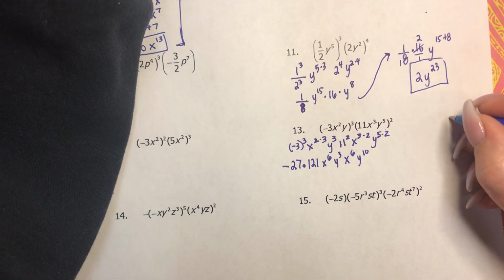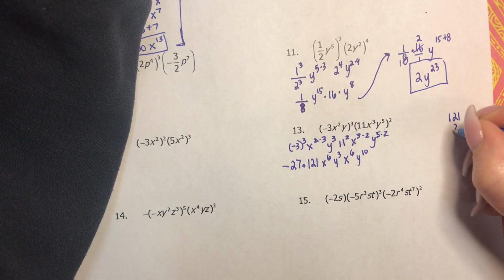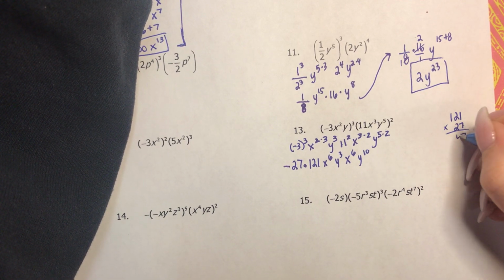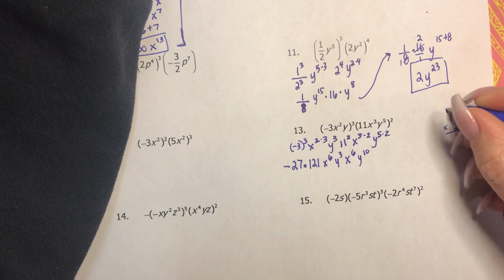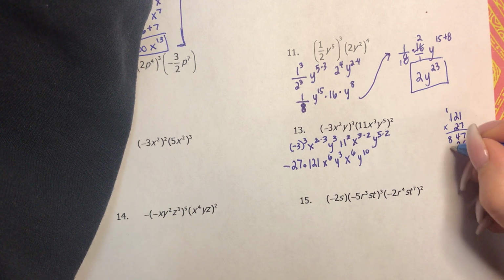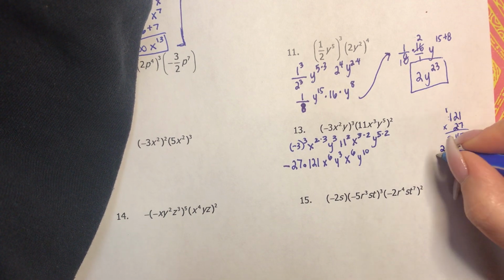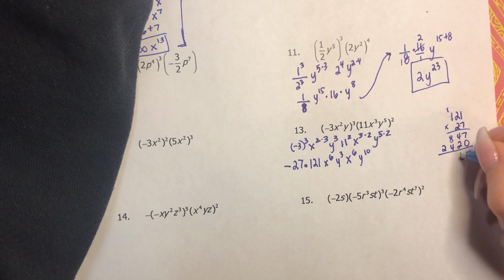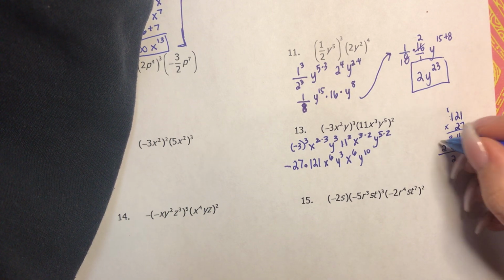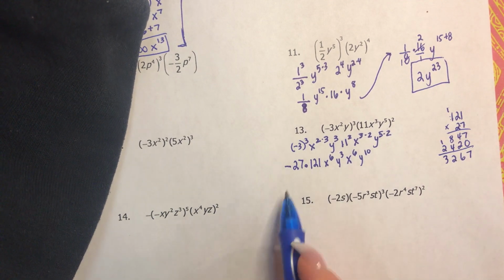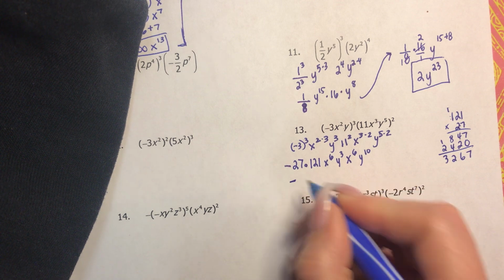So I'm going to go 121 times 27. 7 times 1 is 7. 7 times 2 is 14. Carry the 1. 7 times 1 is 7 plus 1 is 8. Now I move to the tens place, so I have to put a 0 in the ones place. 2 times 1 is 2. 2 times 2 is 4. 2 times 1 is 2. And then 7 plus 0 is 7. 4 plus 2 is 6. 8 plus 4 is 12, right? The 2 carry the 1. 1 plus 2 is 3. Okay, and then we have a negative times a positive, which is going to be a negative